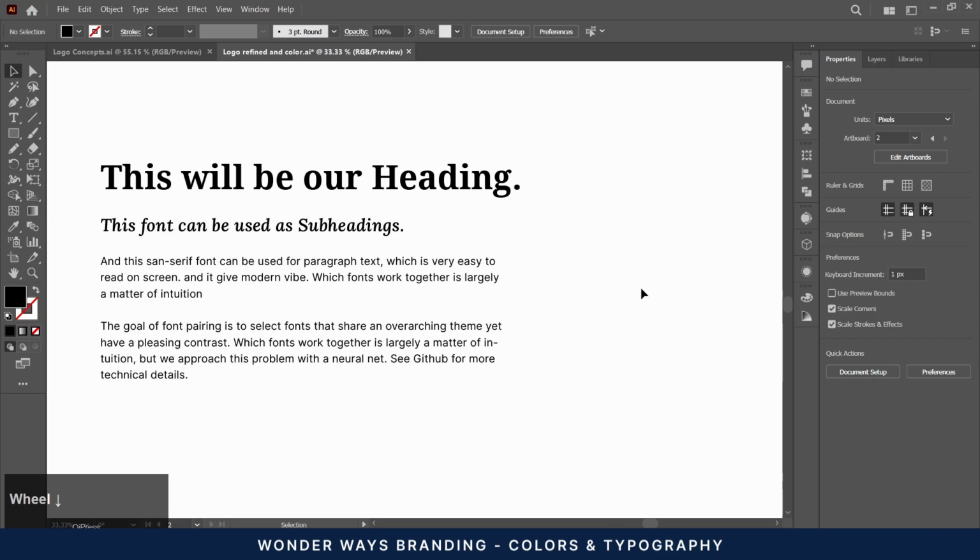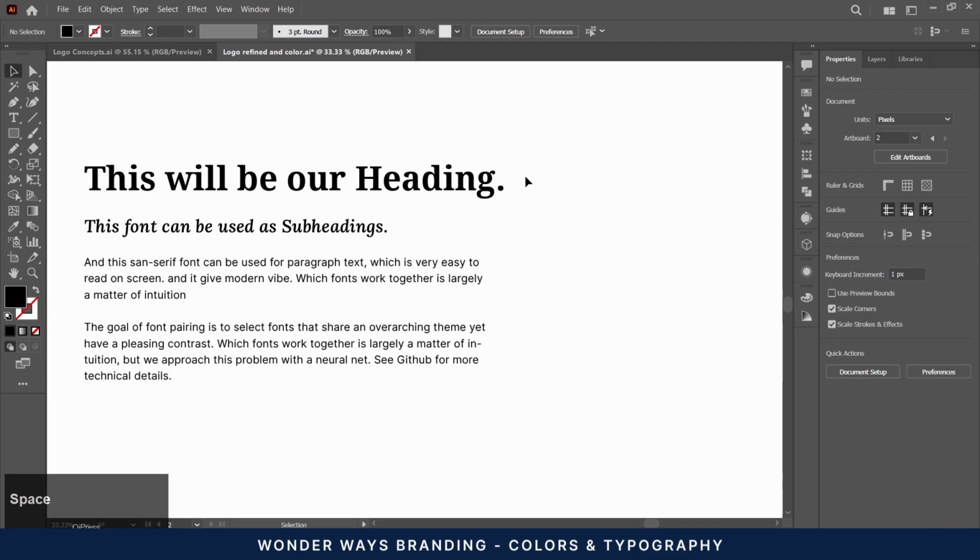Okay, I think I like this typography combination. Let's write annotations for better clarity.